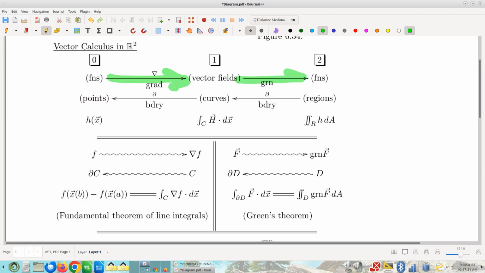Composing them has this nice feature that it's an exact sequence, appropriate regularity assumed, right? Gotta worry about that. But what we mean by an exact sequence, and I kind of talked about this a little bit, I'm not sure if I used that term, but back in chapter 3, we were talking about everything having a lifetime of 2. So if you have some function, and if you compute its gradient, that will give you a vector field. Yeah, fine, cool, but when you take curl of that, you will get 0.